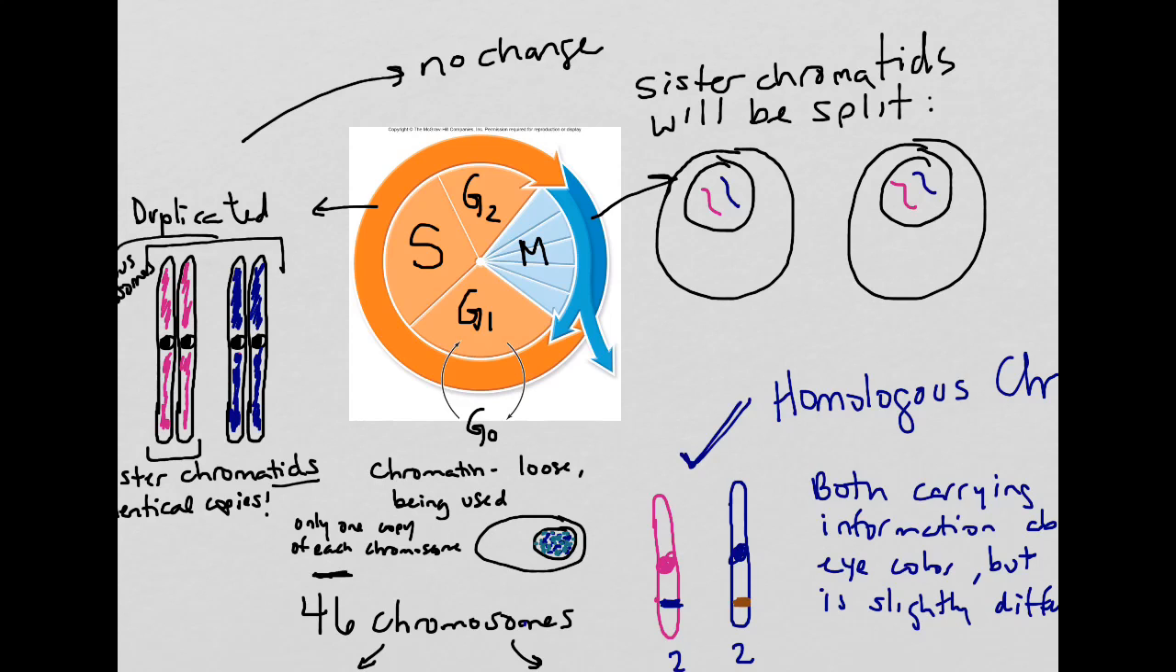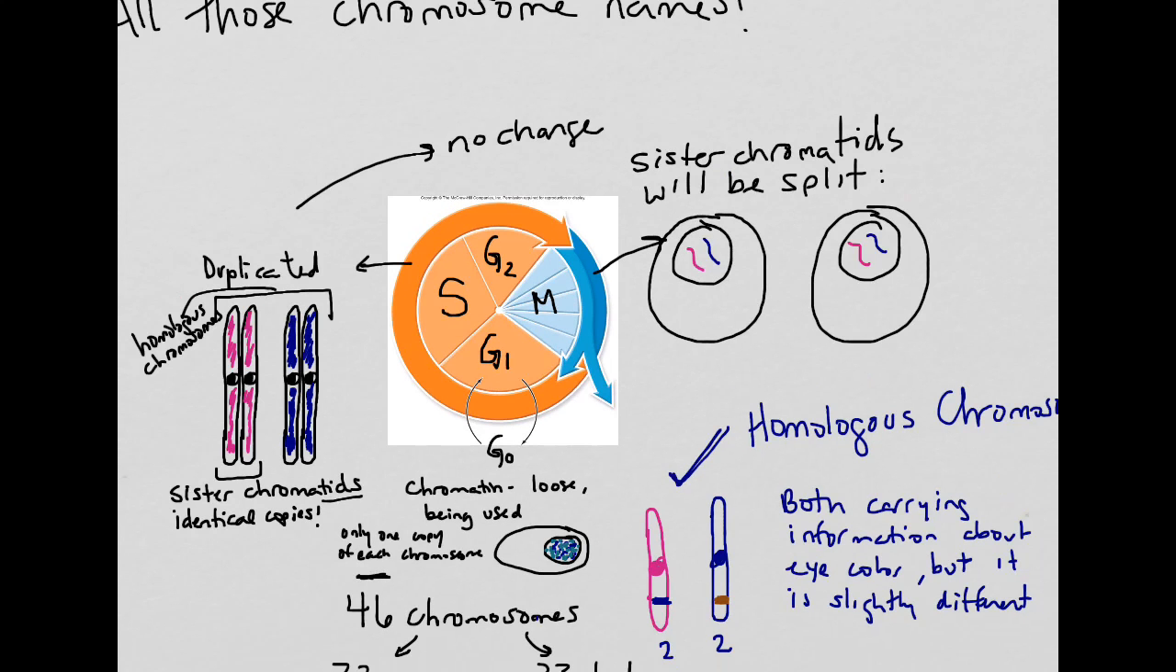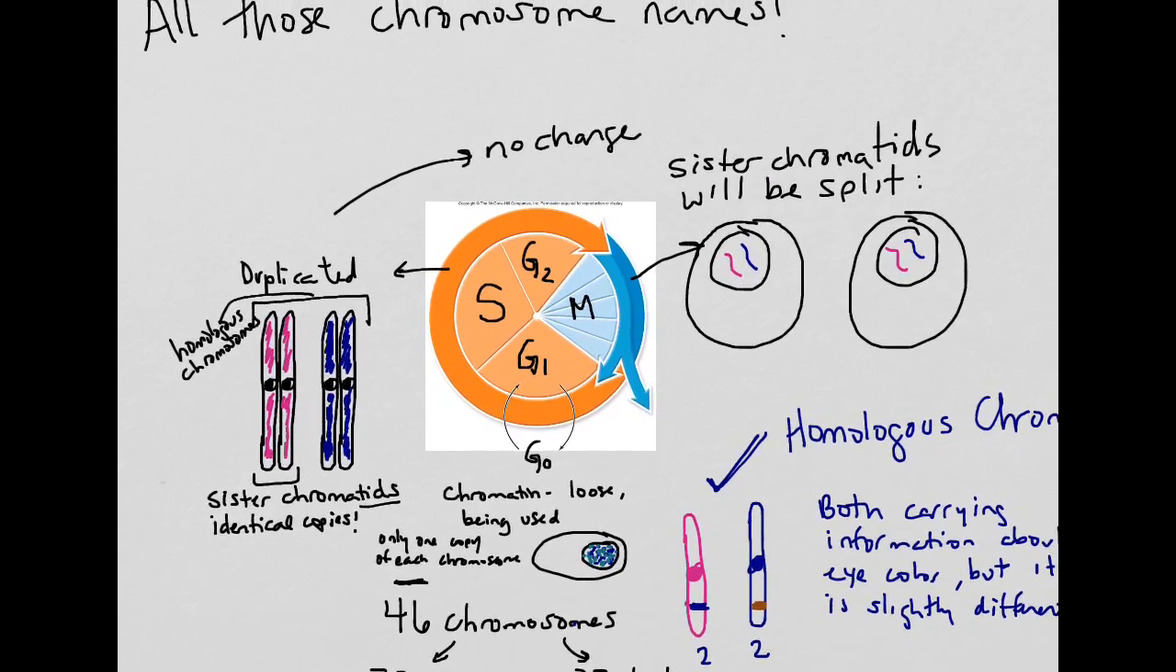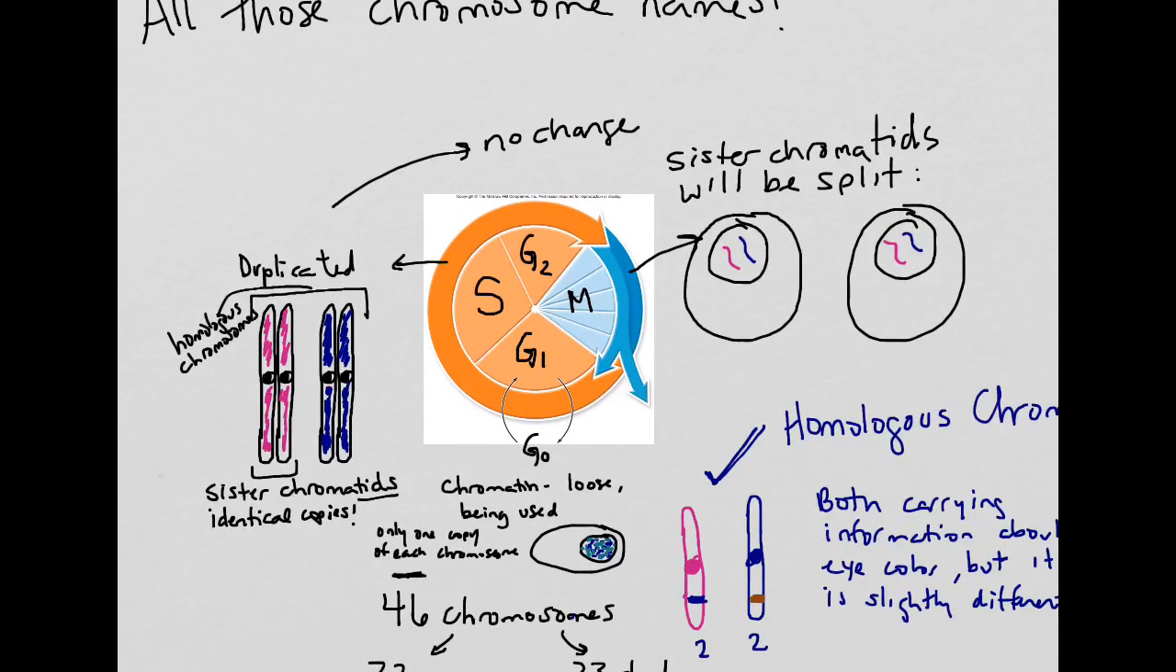Okay, so that's it for all those chromosome names. Make sure again that you're familiar with sister chromatids, homologous chromosomes, the term chromatin, the fact that sister chromatids could also be referred to as duplicated chromosomes. Okay. Duplicated should be, maybe we should draw our arrow right there. Okay. My bracket is showing the